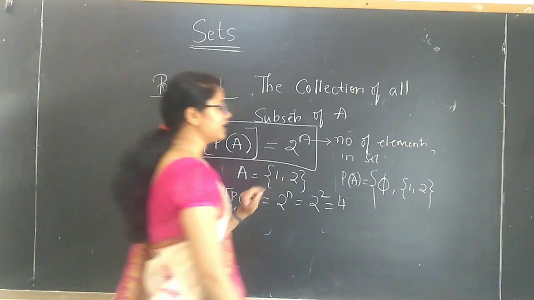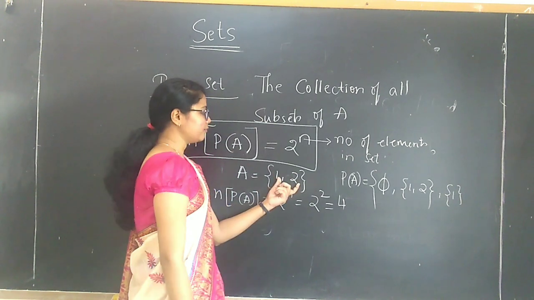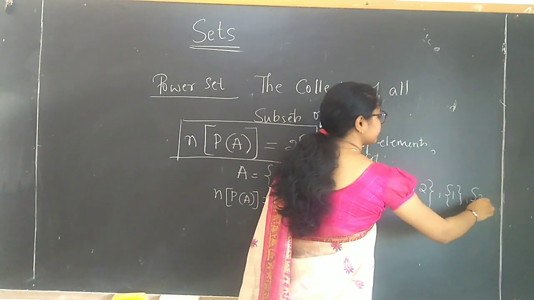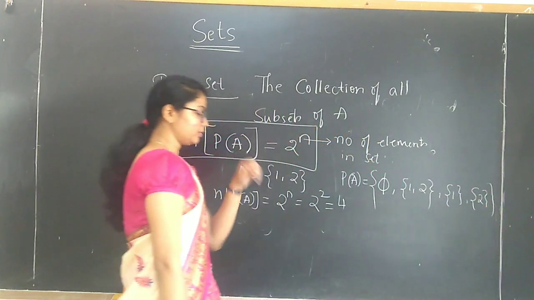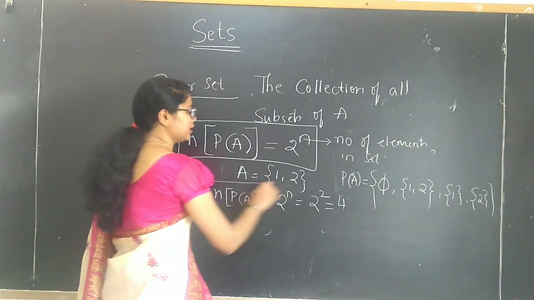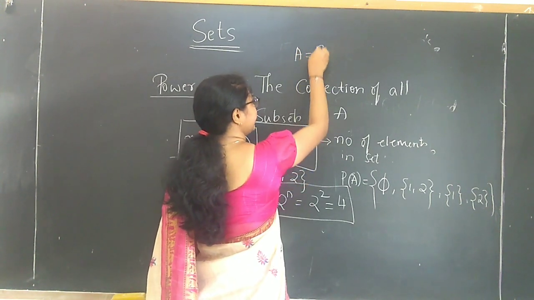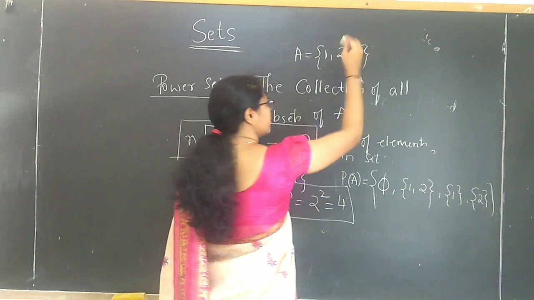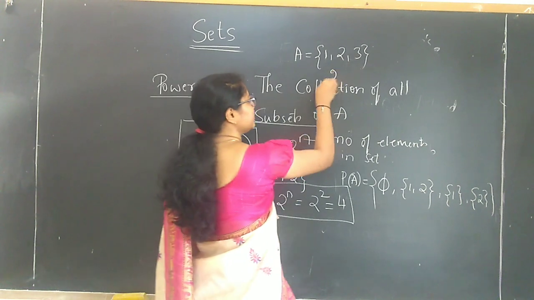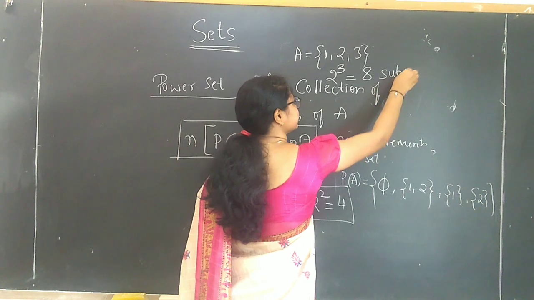Next, I take only the element 1. 1 belongs to the set {1, 2} and {1} is a subset of A. Then I write the element 2. So totally you got how many subsets? 4 subsets. So this is the general formula you have to remember. If A contains 3 elements, what do you people write? Usually you say 6 subsets, which is very wrong. You have to take 2 raised to 3. 2 raised to 3 is how much? 8. You get 8 subsets.